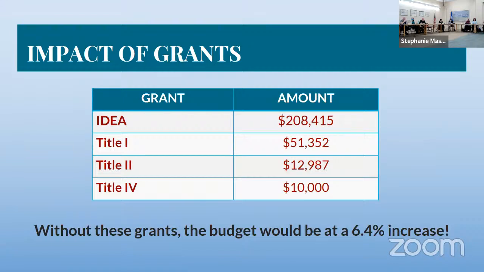Someone asked, what is the impact of grants? So I just did this slide. I can do it in other ways if you want, but these are the major grants that we get. IDEA, the special ed grant, that's the amount we get. Title 1, 2, and 4. Title 1 is basically based on the percent of reduced and free lunch. Students usually use that money for interventions or to pay for a salary for interventionists, that type of thing. Title 2 is professional development. And Title 4 is more for innovative type, like new kinds of programming that you are going to put in.